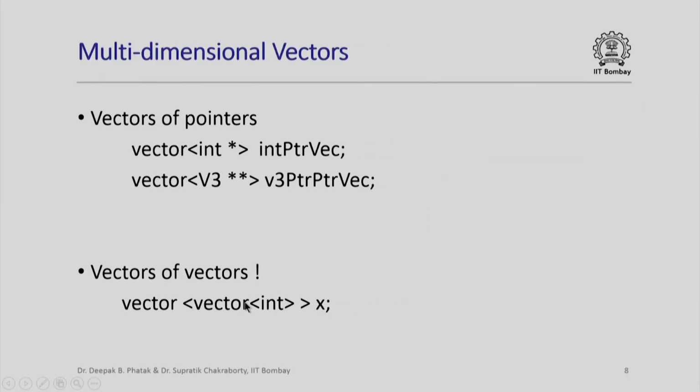Now, one thing that you must note is that I have used a space between these two greater than signs, and this is kind of important because if I did not give this space, this would appear like the greater than sign that we use when we are doing input from our standard input. So, it is important to put this little space here so that it is very clear that what I am talking about inside is a vector of integers, that is the class with which I am instantiating the template class vector over here.